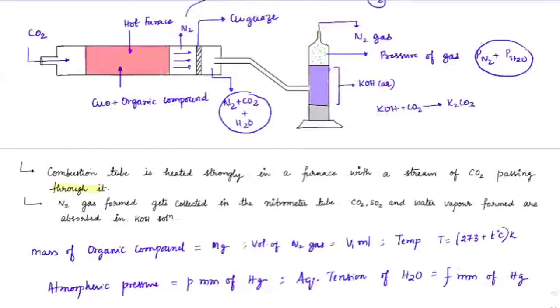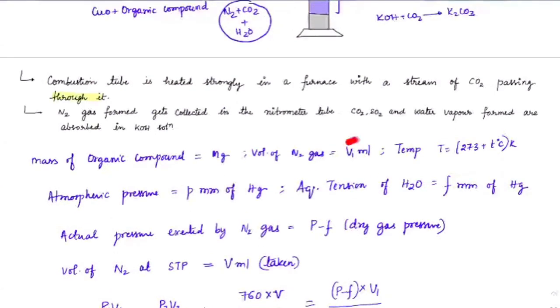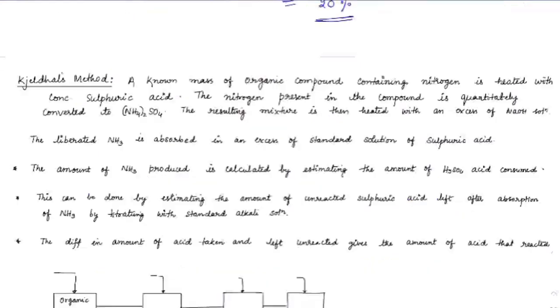If the volume collected is V1 ml, using that we convert the information to standard temperature and pressure. So taking this V1 volume and converting it into STP conditions, we were able to find the final volume, and from there we were able to find the amount of nitrogen present. Got that? This is what we did yesterday. Now, based on that, we have certain questions, right?